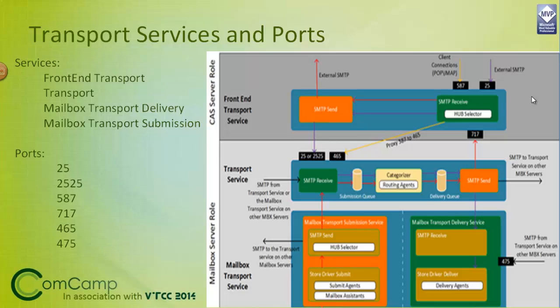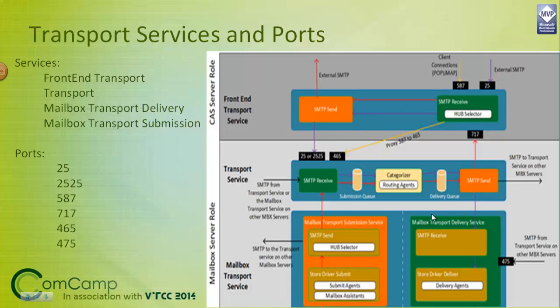Port 475. The mailbox transport delivery service listens on this port for connection either from transport service send or SMTP from the transport service on the other mailbox server that needs to send mail to users on their server. Alright,